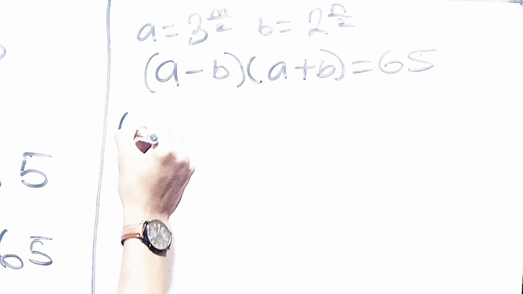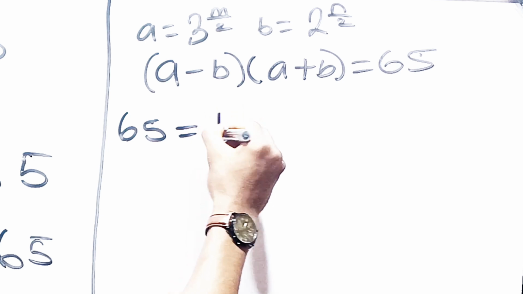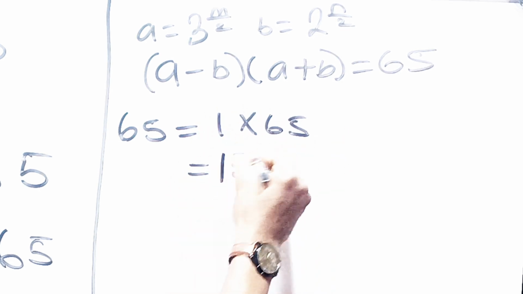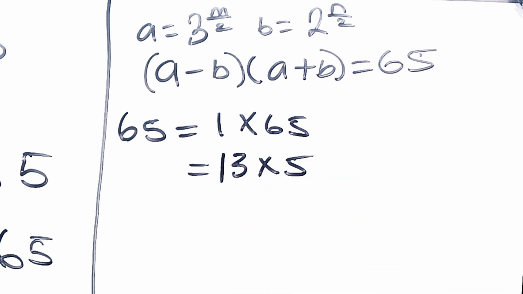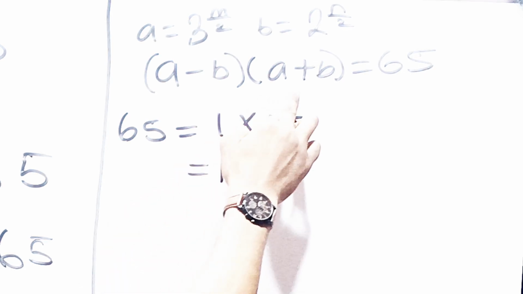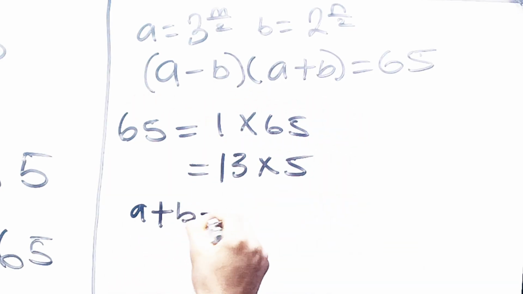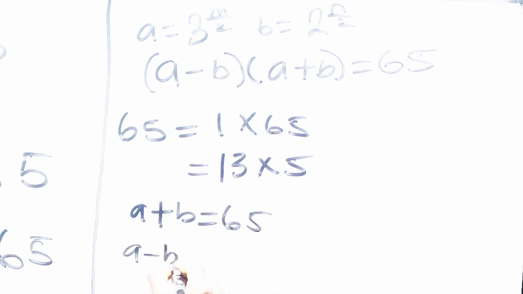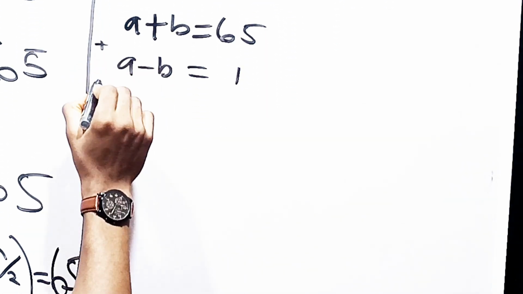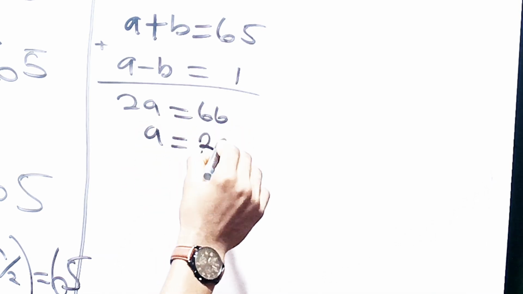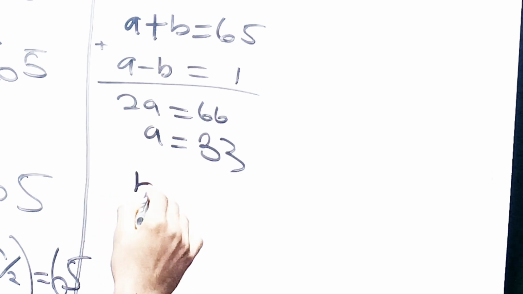Now, let's find the factors of 65. This is equal to 1 times 65, and 13 times 5. Now, for the first one, we have 1 times 65. A plus B has to be greater than A minus B. So we have that A plus B is equal to 65 and A minus B is equal to 1. Now, when we add these two equations together, we have 2A is equal to 66, hence A is equal to 33. Put A at 33 here, we have B to be equal to